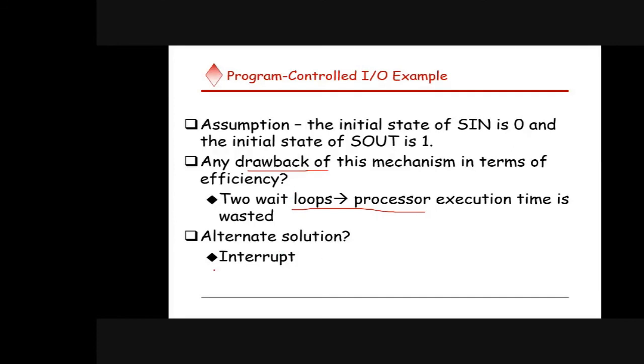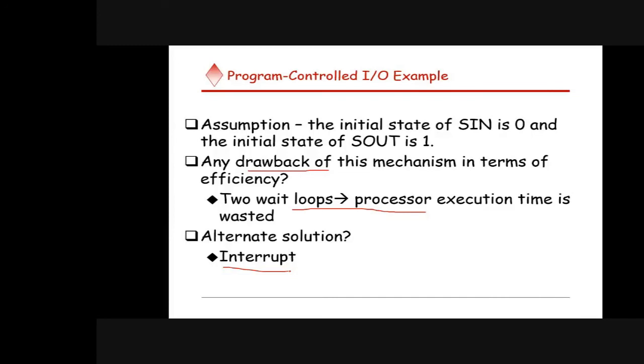An alternative solution is the interrupt. With a given priority, we can insert an interrupt into the processor so that it will stop. I already introduced the interrupt concept to you. Whatever the processor is doing, that work will be stopped and it does the highest priority work that the processor wants to do. That is called an interrupt. That is one way of solving this issue. Here also we have two waits from the processor side, one for making the SIN flag 1 and the other for SOUT to be 1. That problem can be avoided through an interrupt.